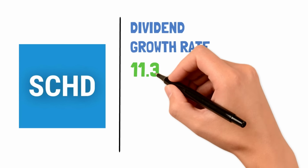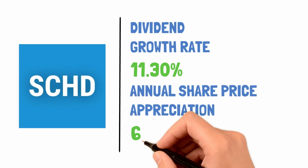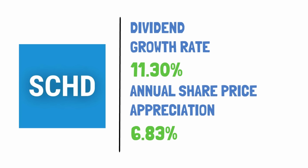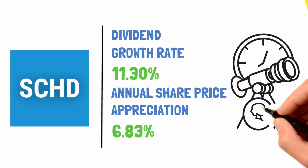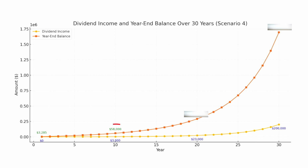Its dividend growth rate stands at a sound 11.3%, and from the price history, you get an average annual share price appreciation of 6.83%. Now, let's look at what happens if you commit to it long term. If you invested $9 a day into SCHD, your portfolio could grow to nearly $58,000 in 10 years. After 20 years, that number would hit around $291,000, and by year 30, you're looking at a portfolio worth approximately